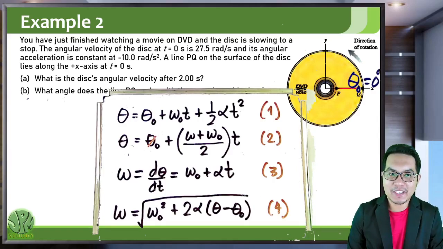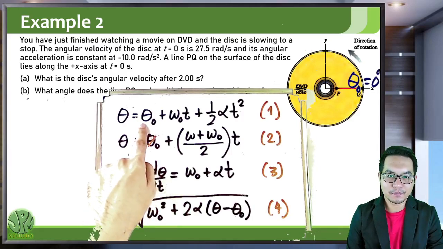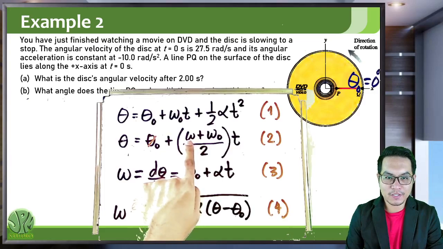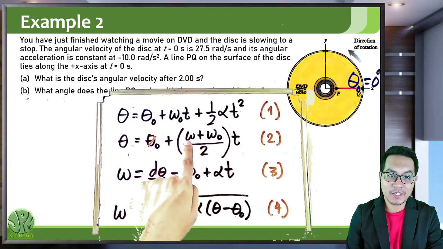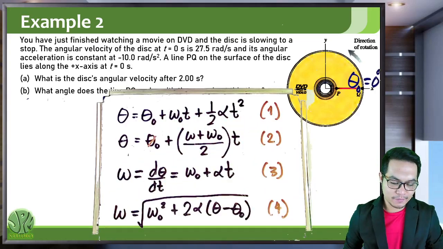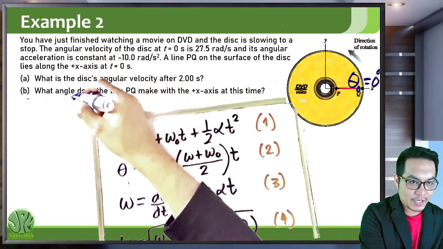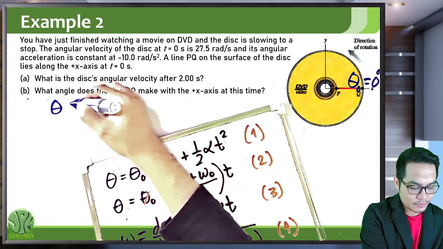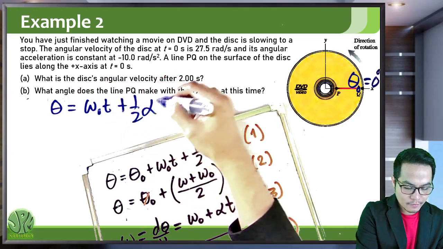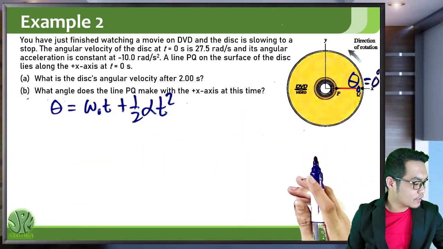Oh, it's pretty much the same as the first problem. So we can use the first equation, this one. We can also use the second equation, and again, this is disadvantageous because omega here is a calculated value. It's not a given value. In equation 1, all of the values that you will get are given values. So this is all now 0, since our initial angle is 0. The final angle, so for letter B, the final angle theta will just be omega naught t plus 1/2 alpha t squared. So you substitute all of those values,